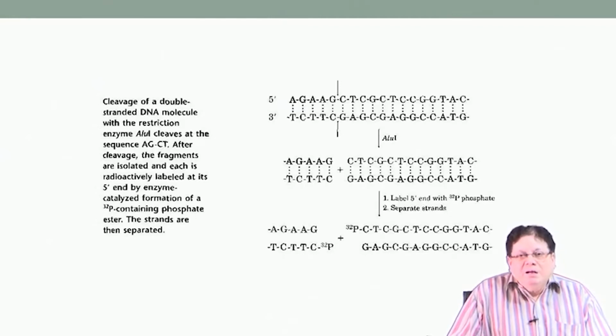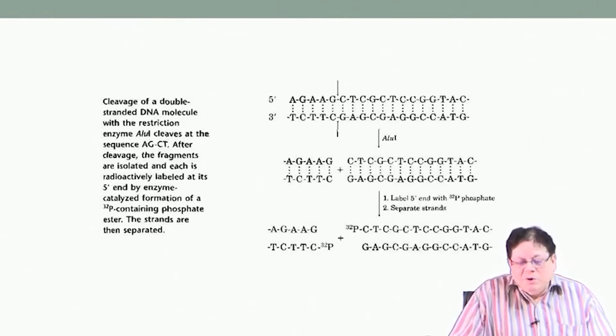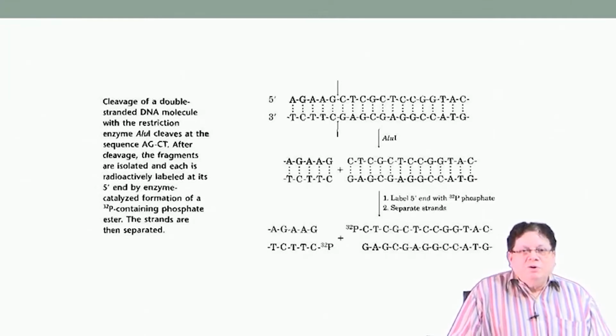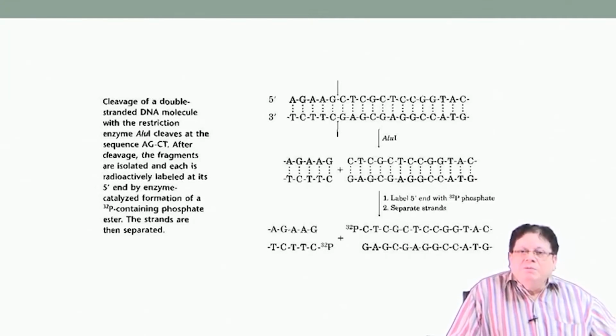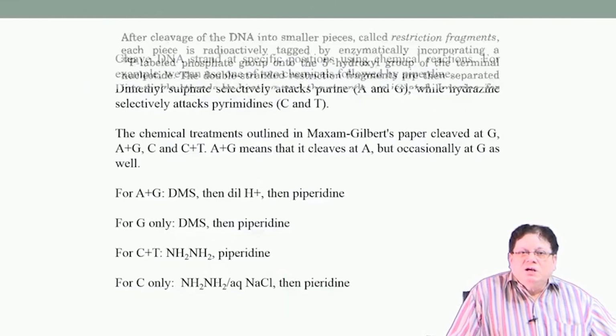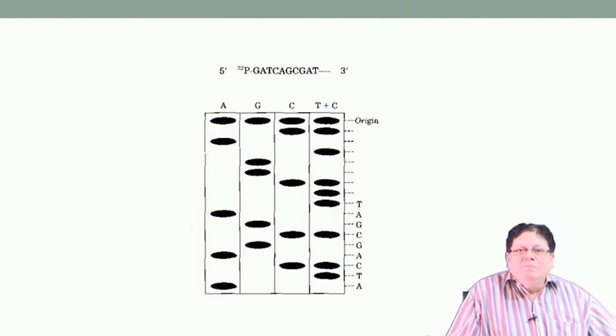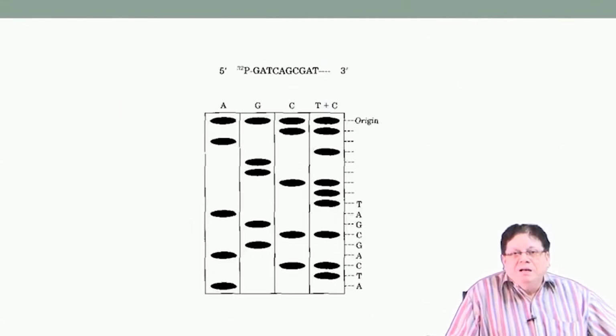So, for any sequencing technique, the first requirement is to cleave the DNA into smaller manageable pieces by restriction enzymes, and this was the gel pattern that you get in case of